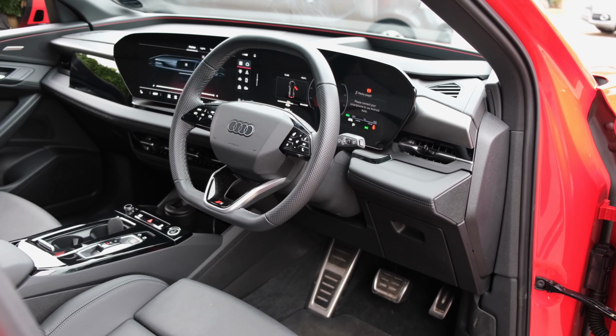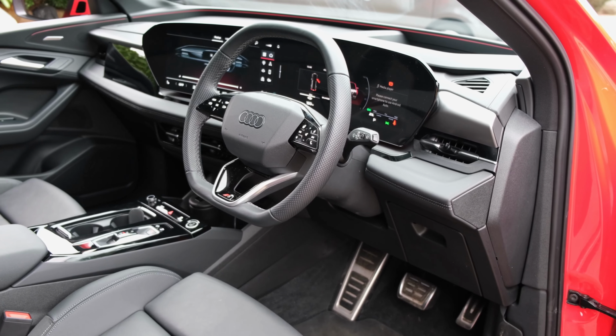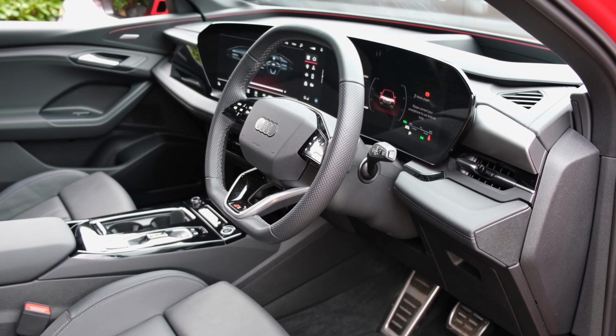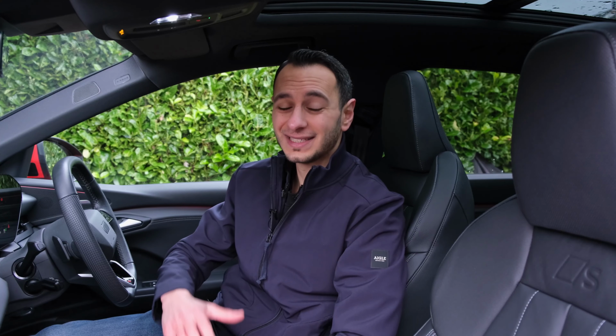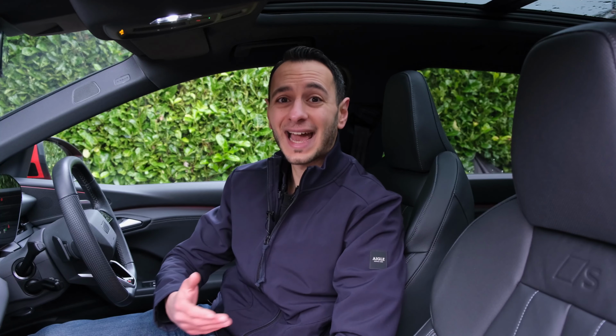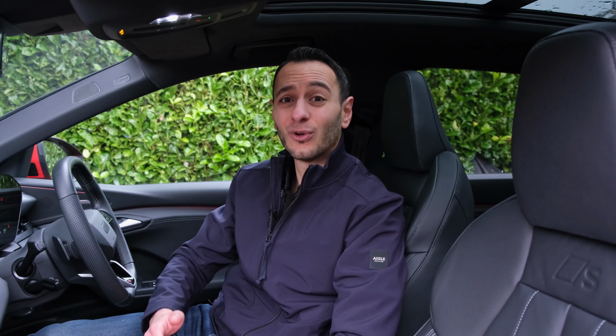Now, it's actually quite surprising because generally Audi vehicles are pretty well insulated. I know, for example, the Q8 e-tron is among one of the best I've ever come across. And unfortunately, the Q6 e-tron, at least in this configuration that I've got with this press vehicle, isn't exactly the best. It's further surprising given the fact that you have got side and rear insulating glass, and also with the